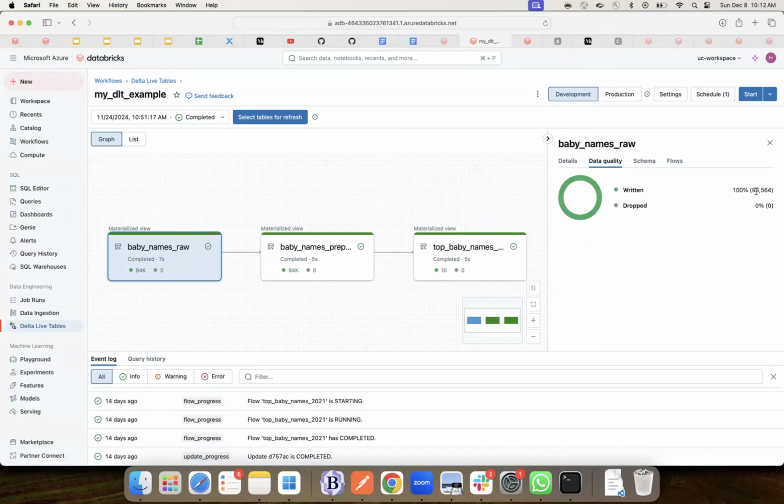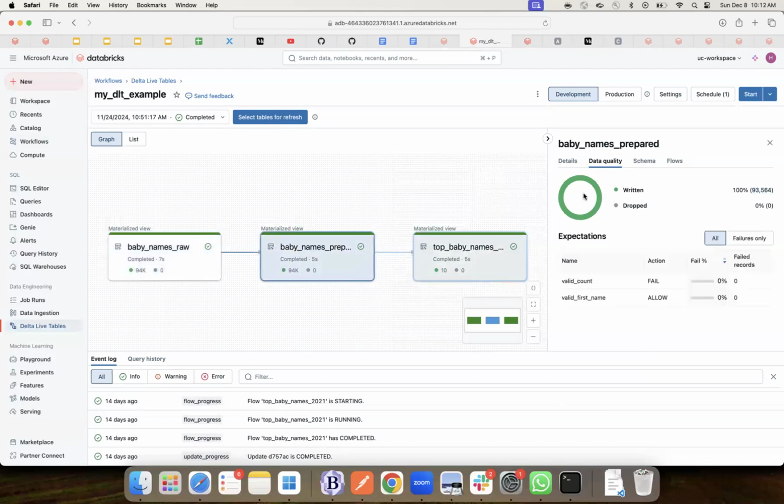See, it says written 100%, dropped 0% with the count. And then if you come here, written 100%, dropped 0%. It will also tell you which condition, how many failed by percent, by records, because these are the two business rules that you have written to fail or to allow when this condition fails. So it will give you statistics of how many records failed, how many records dropped, everything it will show here